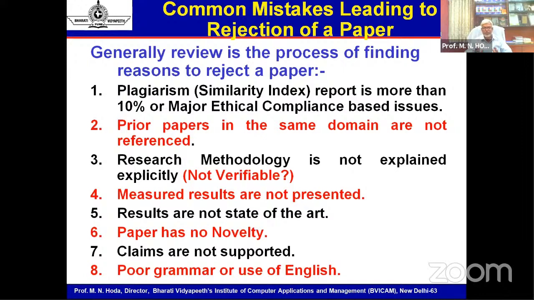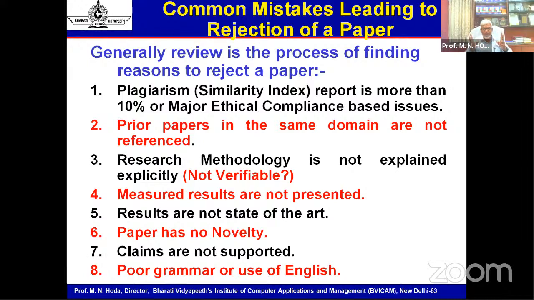But at this moment, just to make you understand, whichever tool you are using, see to it that the similarity index should not be more than 10%. And major ethical compliance issues should not be present in the paper. Major ethical compliance implies that if your paper is based on some sponsored project of your university, or from UGC, DST, or any other funding agency, and in your entire paper you have not mentioned that you have taken permission to publish this work, or you do not include that kind of permission form, then even if your paper is novel, it will probably be rejected.